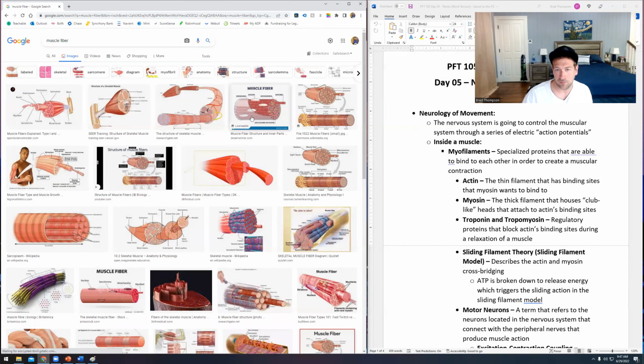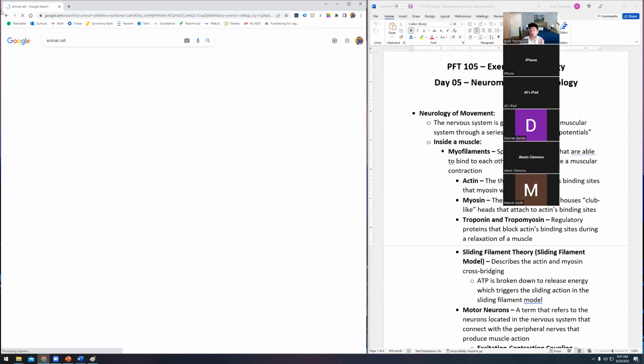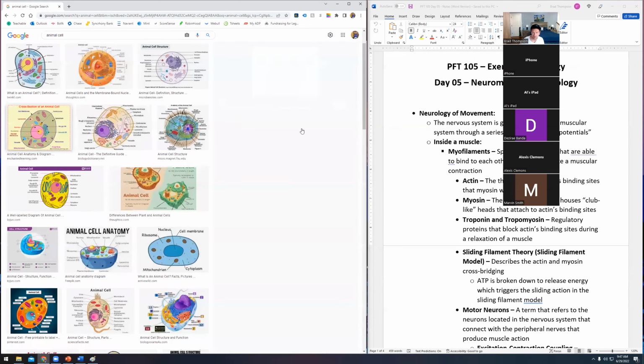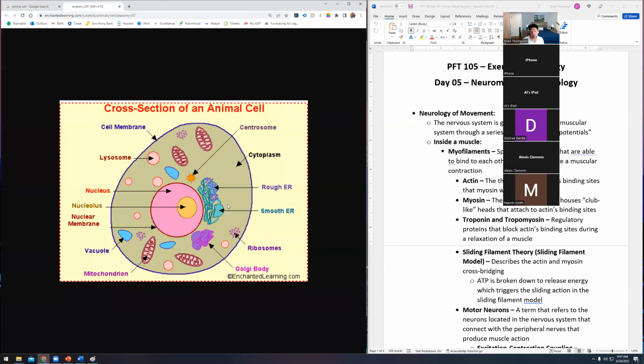When I say muscle fiber, I mean muscle cell. Okay, so I want you guys to picture, if I go to your classic high school biology cell, right? A little bubble looking thing. Now, for the record, there's not a single cell in your body that looks like this. Yet this is the cell that we all studied in school to learn. This is a diagram cell that's meant to show you everything that could be inside of a cell,